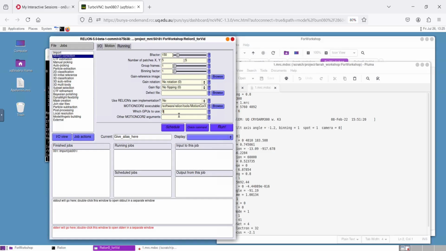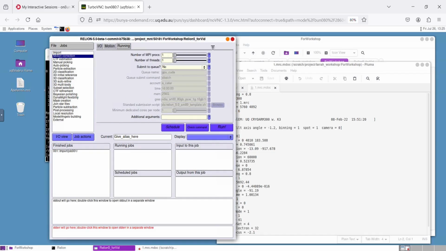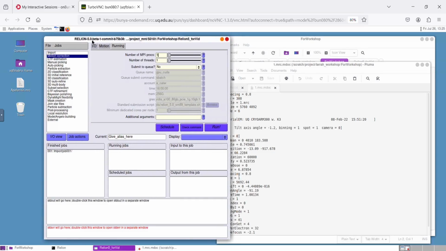So if you wanted to use all 3, this would be 0, 1, and 2 in terms of naming them. So let's just say we want to use 0. Then I want to run this job initially just on the GPU that my desktop is running from. And I want to show you how that job is running